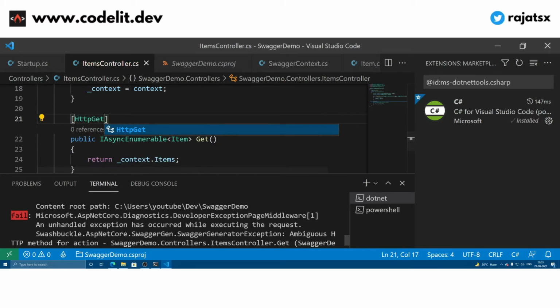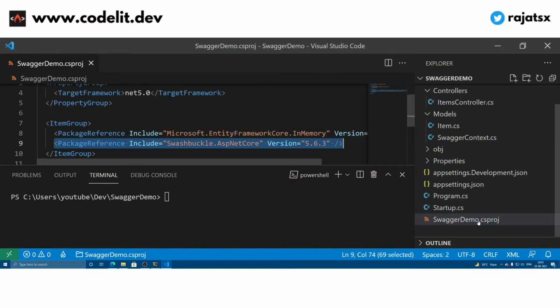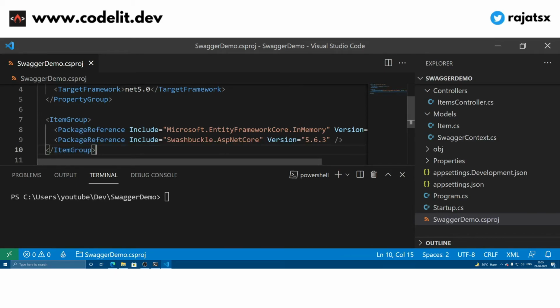That is the reason the Swashbuckle package is getting confused. So talking about the Swashbuckle package, if you head over to the swaggerdemo.csproj file, you will get to see this package reference which has been set up for us, and this package reference points to Swashbuckle as we have already seen. So this is how .NET has configured Swashbuckle for us.